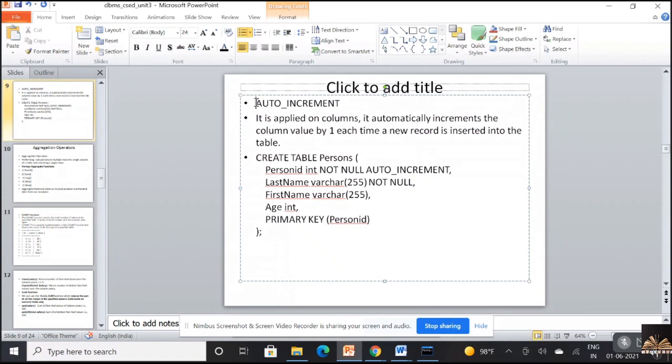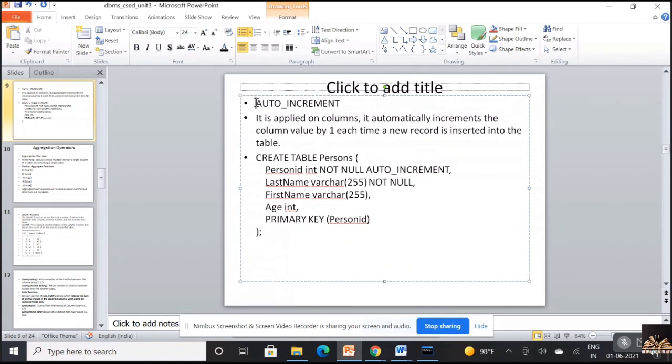It is applied on columns, and the column value would be incremented by 1 each time a new record or new tuple is inserted into a table. And a primary key value can also be auto incremented.